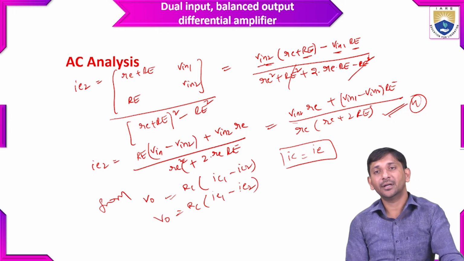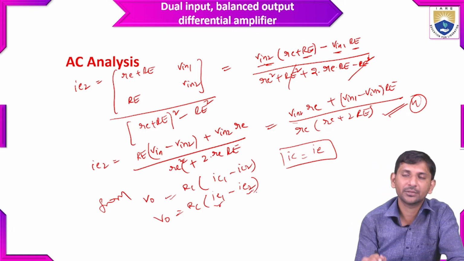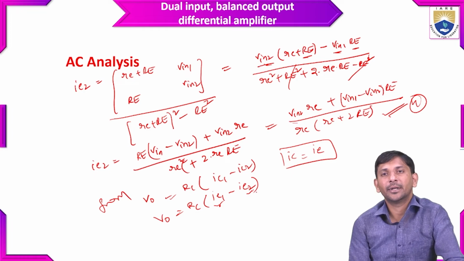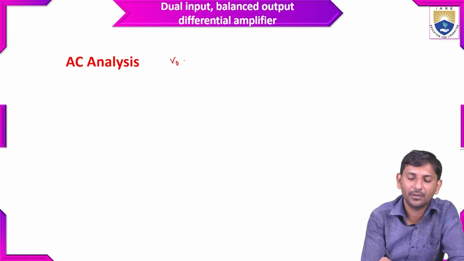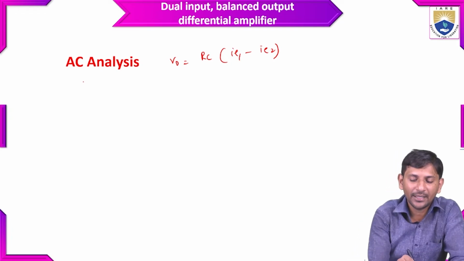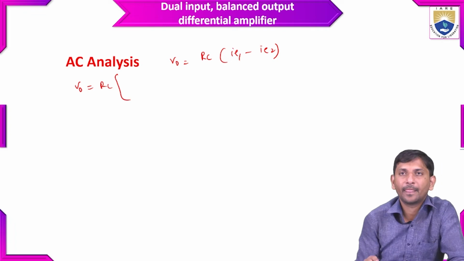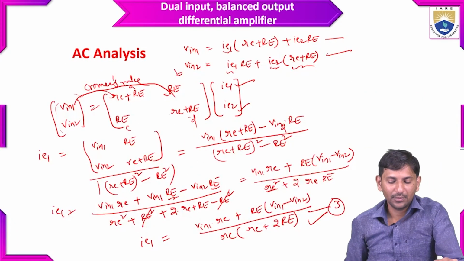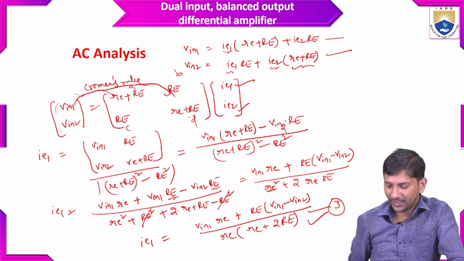Now from the third and fourth equations, we have to substitute IE1 and IE2 in the given output voltage expression. So the output voltage is equal to RC into (IE1 minus IE2). So what is our IE1? Which is RC into, if you observe IE1, Vin1 into RE plus RE into Vin1 minus Vin2 into